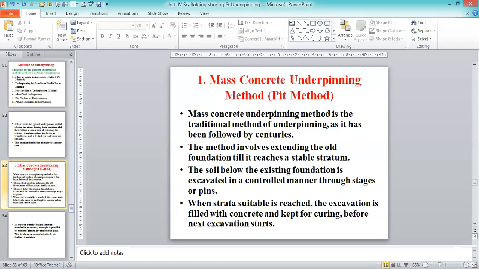going to be started. For the entire building, we are going for stage by stage, or pit by pit. Trenches are going to be driven, and they have to be selected lengthwise and breadthwise such that we can complete them one by one, or on an alternate basis the concreting has to be done, and we have to complete the process of the underpinning.